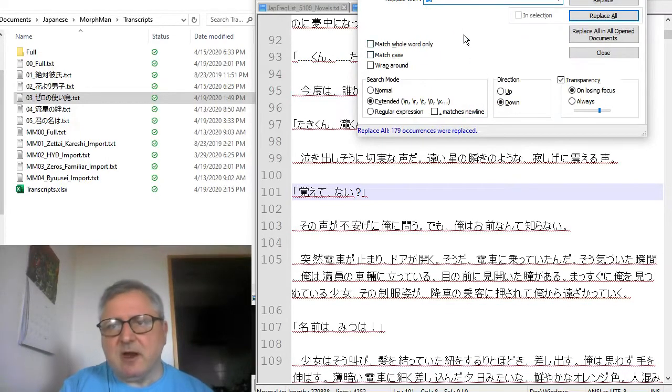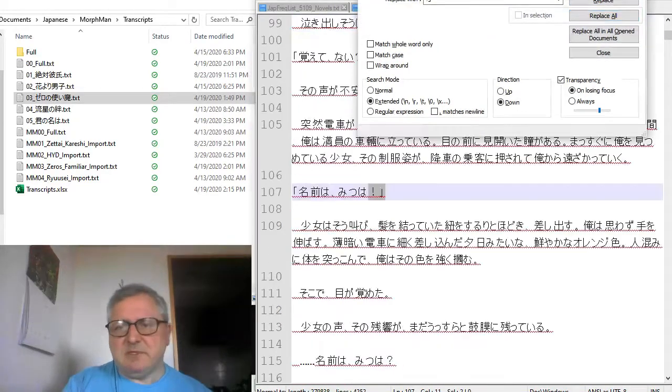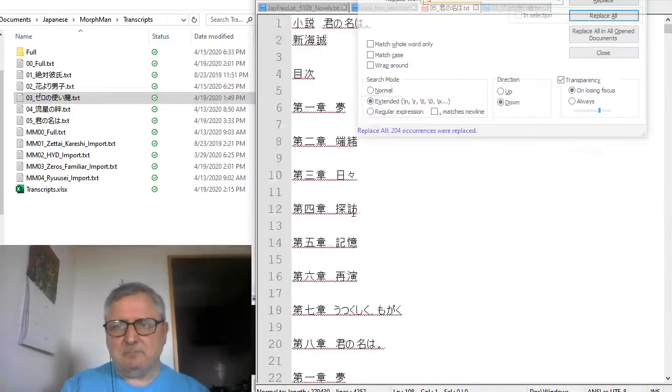Let's see, do I have it? I've already had these saved, so that's why I'm just speeding up. Again, stay at the top. Just find it real quick. Cool. These are the things you want to replace. So replace all. Awesome. Now they're all replaced, and that happened 204 times. Next thing we want to do is